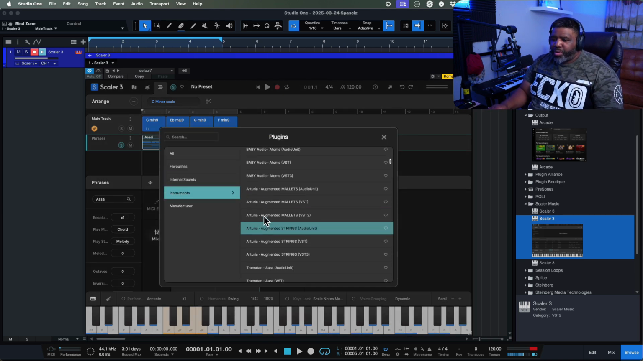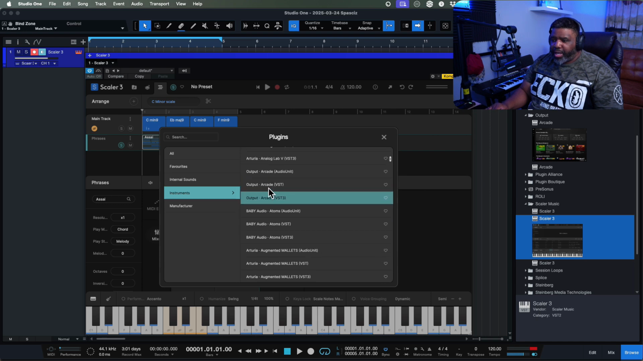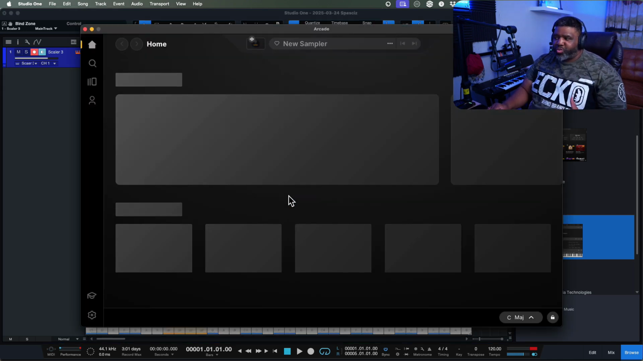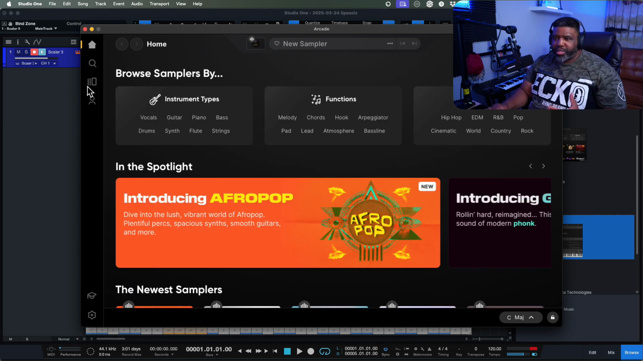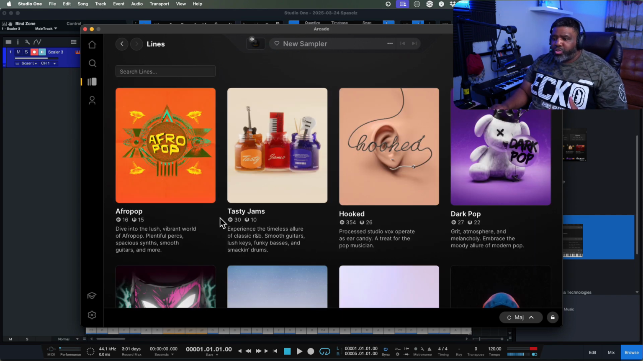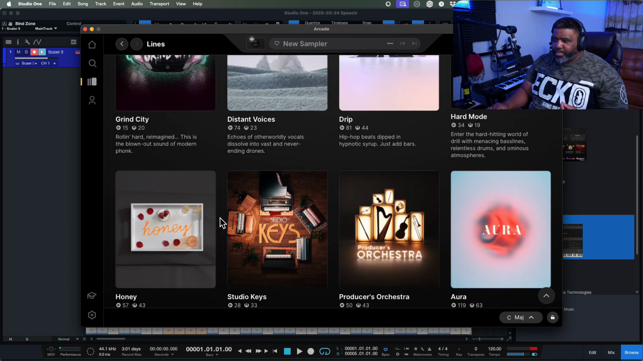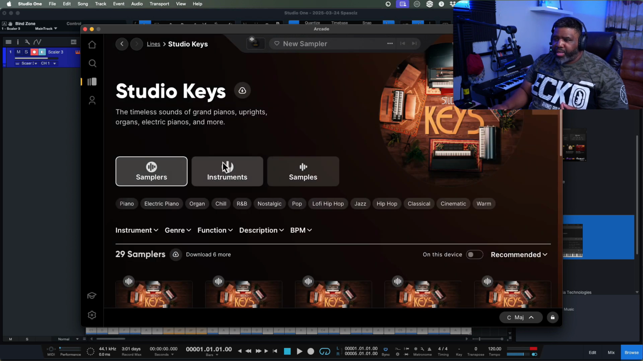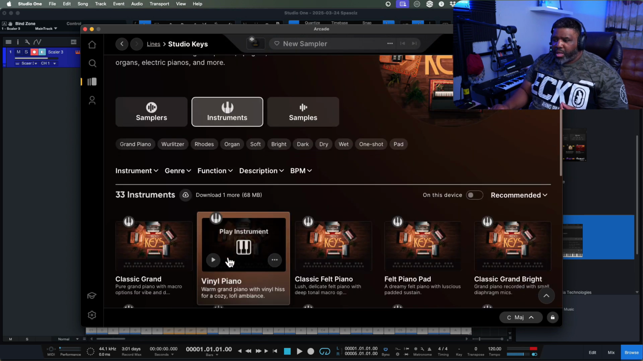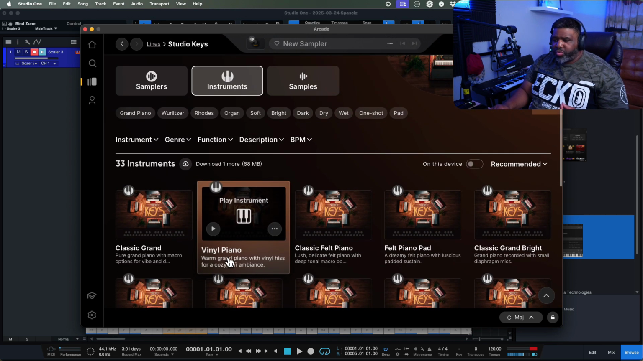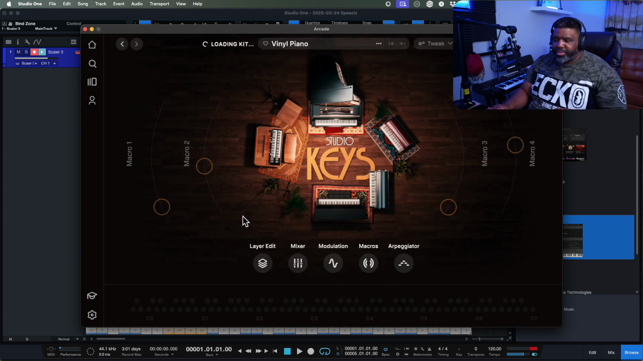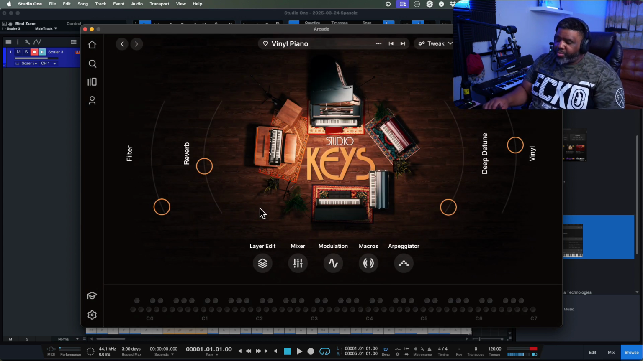Let's go probably output arcade. We can do arcade also. And as I said, it's going to pull up the actual plugin. So as it pulls up this plugin, we'll use a piano as a matter of fact, but we're going to do it from the actual instruments, and we're going to choose, let's see, vinyl piano, right? So now when we play this,